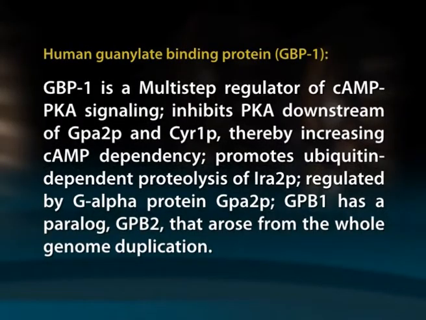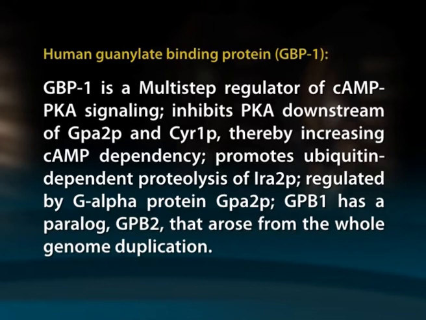GBP1 is a multi-step regulator of cAMP-PKA signaling, inhibits PKA downstream of GPA2P and CYR1P, thereby increasing cAMP dependency,